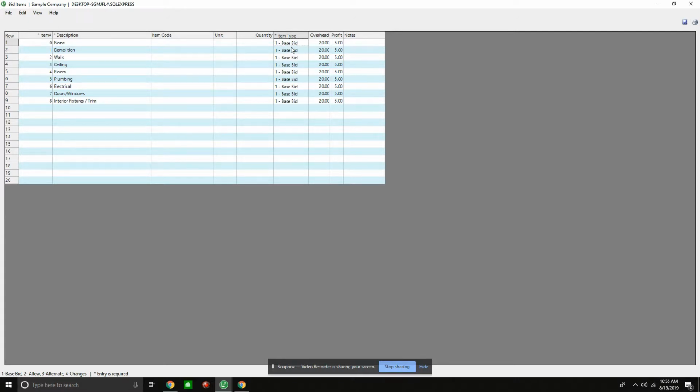Well, we can set up the carpet allowance as a cost to carpet, and it can be specified and included into the contract. As well, if we wanted to track alternates, this tells us that the cost of work performed is based on alternate plans. And then, of course, we have our last one, known as change orders, which indicates that the bid items contain only a change of work, so that this is a change order and we can export that over into the accounting solution as well. So that's a little bit of what bid items are.